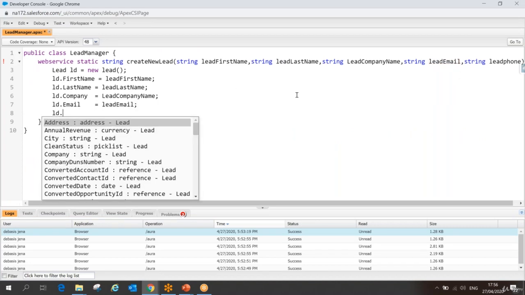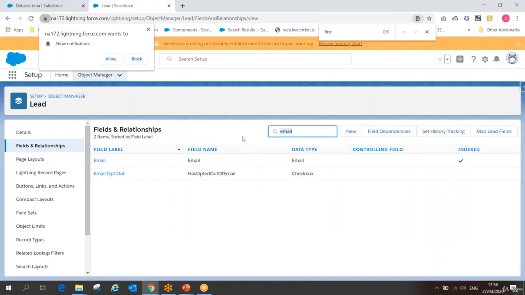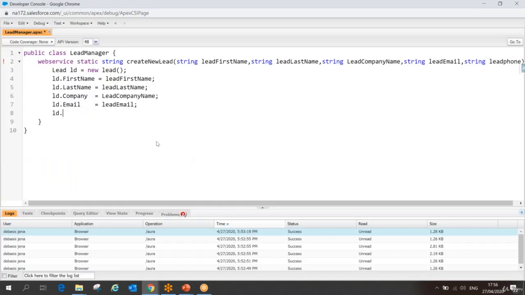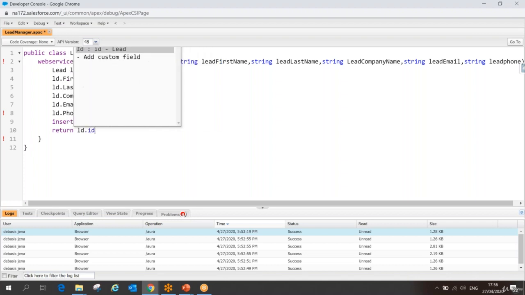Same with lead.phone, I want to take this lead phone. Simply I'm going to insert lead. Okay, once insert happens, I'll return back my lead ID.